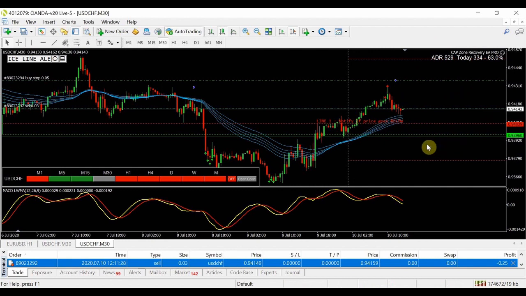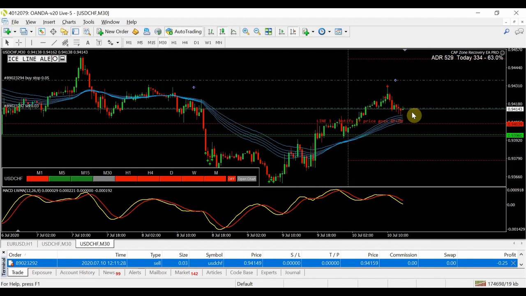What I've also put into play is this line alert indicator, which is free on the MQL5 website. Again, I'll link to that below. I've set this at just around halfway, so if price touches this bar, I will get an alert on my phone, which basically means I'm going to turn off the EA. I'm going to modify this order and set a stop loss, and I'll move my stop loss to break even,